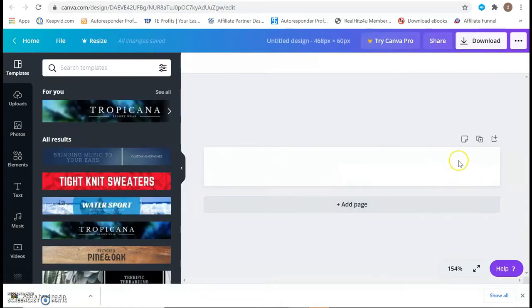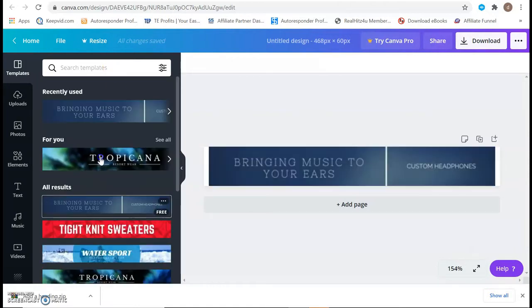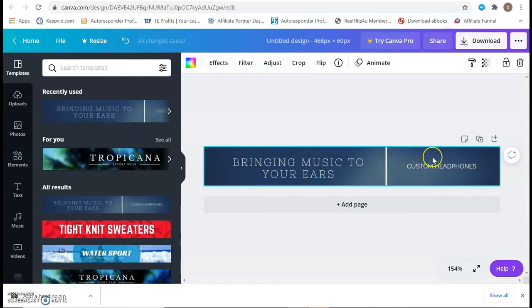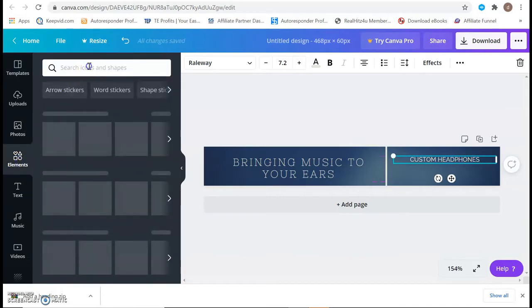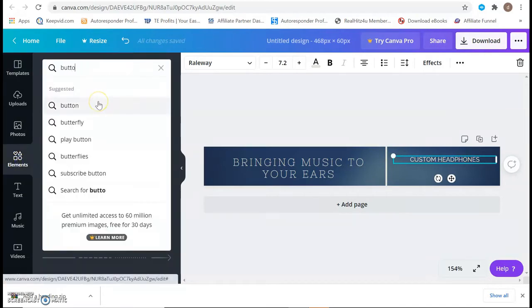Once you are here, you can choose various templates which are available. I will choose one of the templates. This is the template I've chosen. Let's move this text a little up. Okay, it's not moving. Move. All right, now you can come here and get an element called button from here.